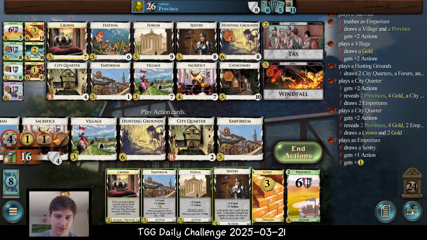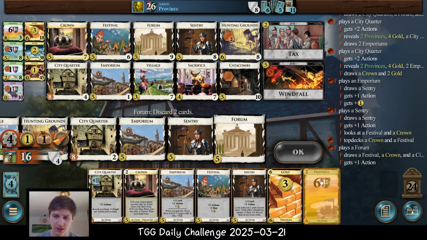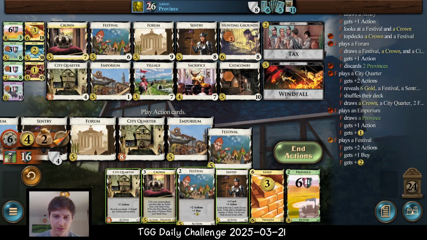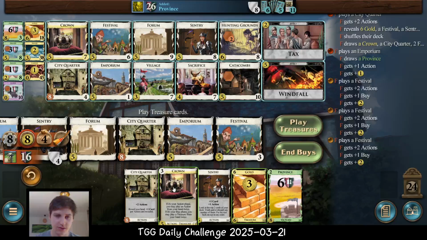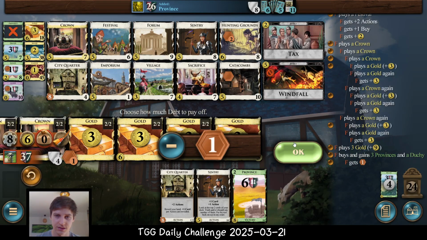Maybe we should have played the forum first. My dream was to set up the next turn, but actually that's stupid because hopefully we will be able to triple province. So yeah, play the forum here. Yeah, that was a bit dumb. But yeah, we do manage to draw. We do get to play these festivals. Just need 4 buys, that's okay. Triple play those golds, and we could have even quadruple provinced and yeah, do end this game,